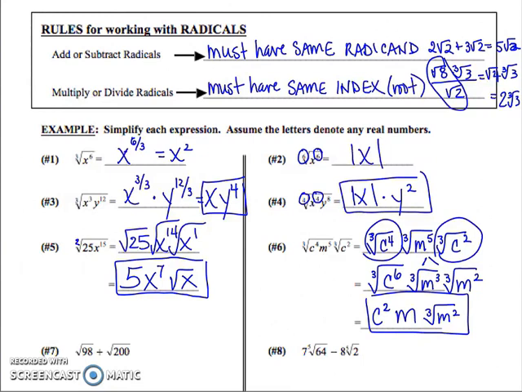Well, the square root of 49, that's 7. So I have 7 square roots of 2. And the square root of 100, that's 10. So I have 10 square roots of 2. So now I can say 7 square roots of